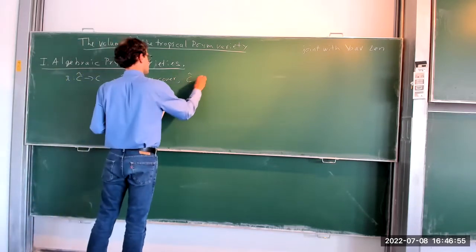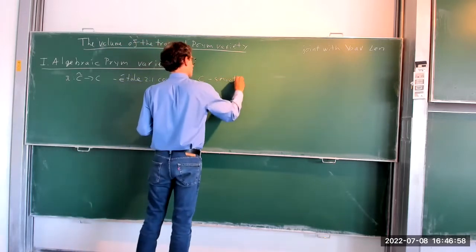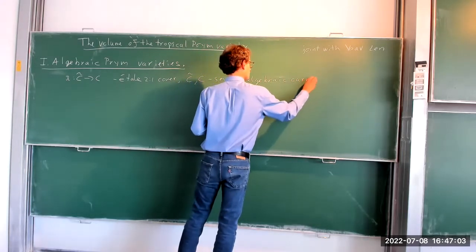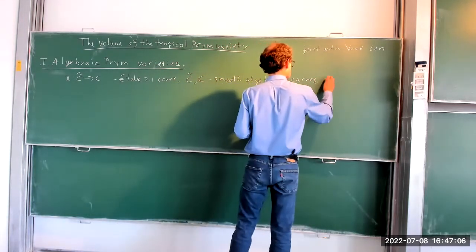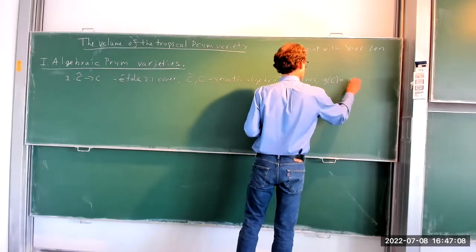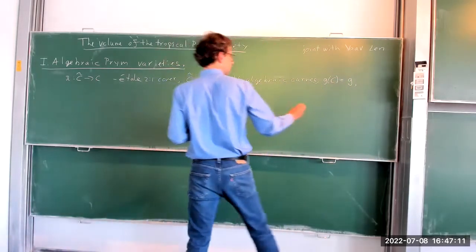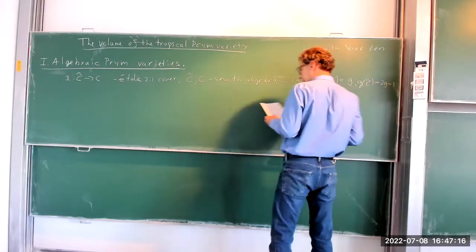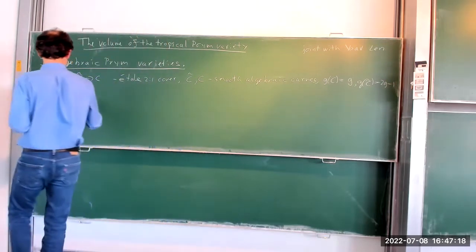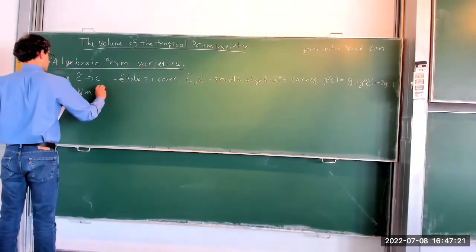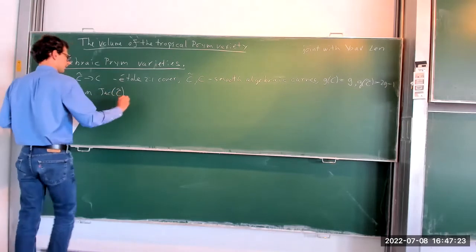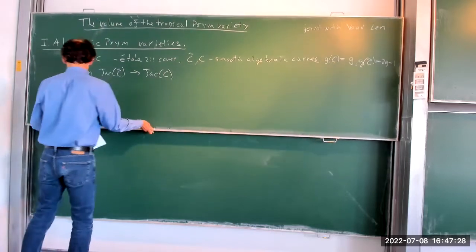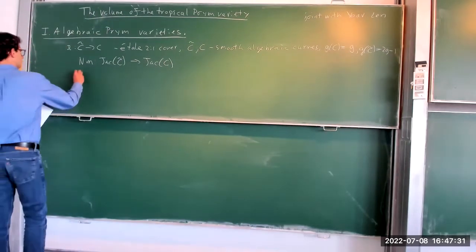So C tilde and C are smooth algebraic curves. Then if the genus of C is G, then the genus of C tilde is 2G minus 1. Then you can consider the norm map from the Jacobian of C tilde to the Jacobian of C. And then you can show that the kernel of the norm map